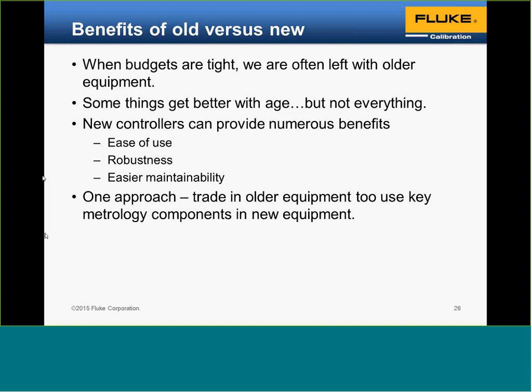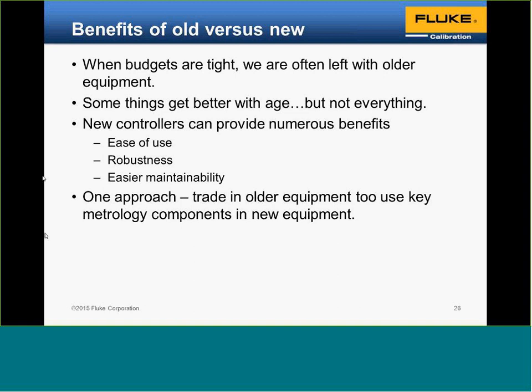You get parts for things like a modular design, like what's found in the 6278. You have different options on maintaining the instrument. You can swap down modules so that you have no downtime, and the overall maintainability of the instrument is better. One way to get the best of both worlds is